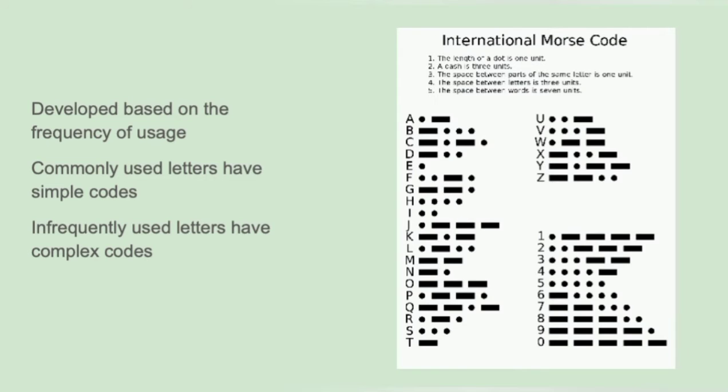Communication is possible with this method as the parameters of the pulse of electricity transmitted will vary based on the information that is being transmitted and also on the point of transmission. The code assigned letters in the alphabet and numbers a set of dots, which were shown by short marks, and dashes, which were shown by long marks, based on the frequency of their use in day-to-day language. Letters which were used more often, such as E, A, and I, got a simple code, while those used infrequently, such as Q, X, Y, got a longer and more complex code.